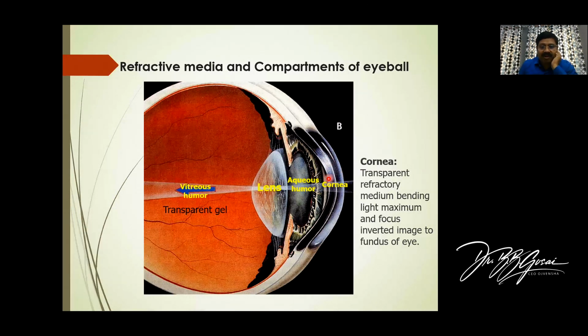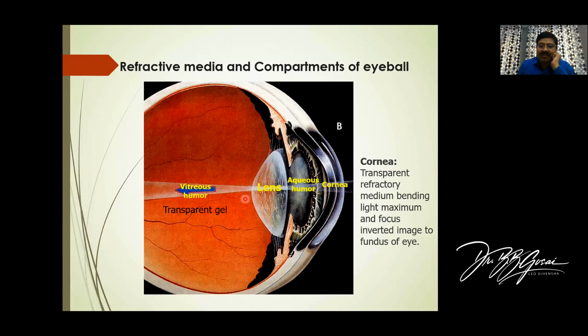here, this is the cornea. We already discussed as far as this cornea is concerned, it's a transparent part. Okay. And it is where the light also bends somewhat. Okay. So as you can see, the image is upside down. When it falls on the retina, it is always an inverted image.